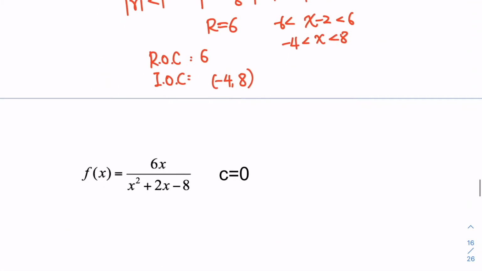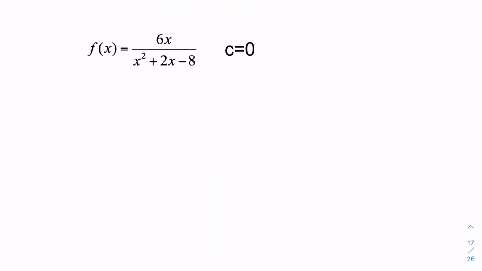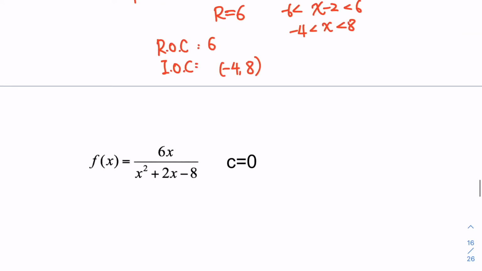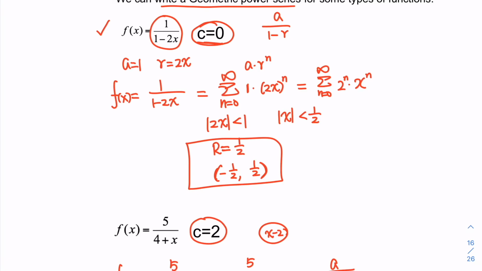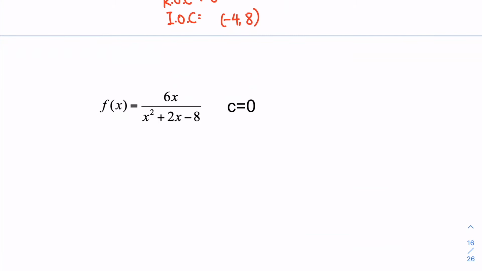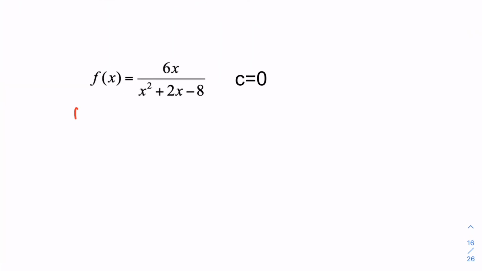Now let's have a look at another example. This example is a little bit more complicated. If you look at the first two examples, the denominator is only a line; basically, we only have x to the first power. This one has x squared, so we have to factor it first. So f of x equals 6x over x squared plus 2x minus 8, which is 6x over (x + 4)(x - 2). Now we are going to split this into two